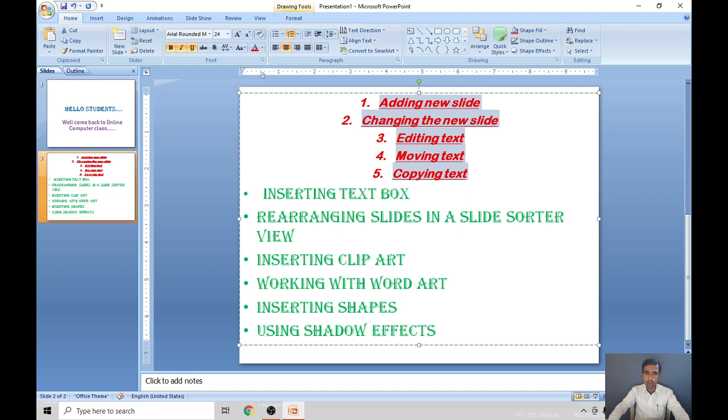You can change the style, the size, the color of the text, and you can change the position of the text, meaning center, left, or right. This alignment also you can change. This is called the formatting of a text.